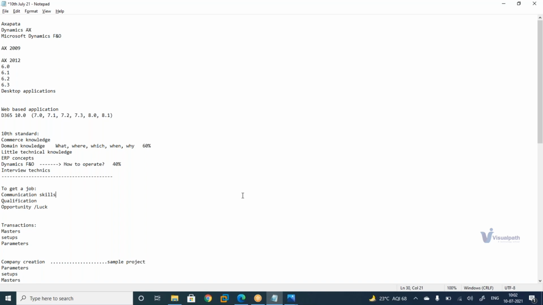Yeah, Anand, please. Yeah, Satya, actually I'm working on AX for the last 7 years, but I'm working in a very customized model. It is only customized for our company. It's a big MNC, but not a regular model like trade or logistics or finance or HR or production. It's basically a rental. 99% of the software is being customized for our company. Okay. And I have taken a little bit of training from a guy on AX 2012, but the training was very basic actually, so I left it in the middle.